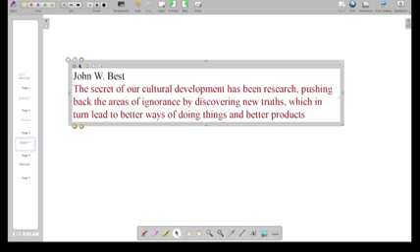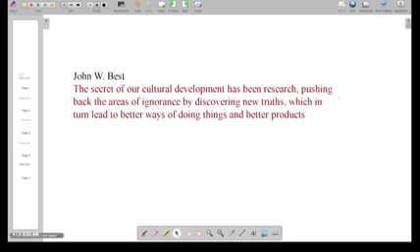He says that research continues to push back the areas of ignorance, what we did not know. Then we have been able to move from that to what we now know. It is pushing back ignorance. It has pushed back ignorance in the past concerning the shape of the earth. Some used to believe that earth was flat, whereas it is spherical in shape.